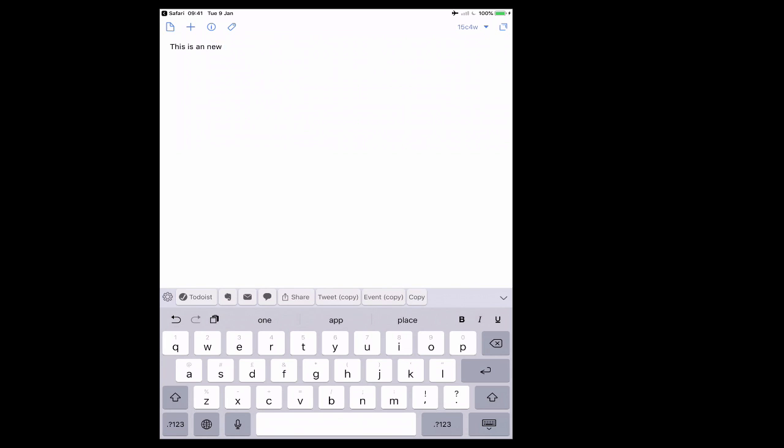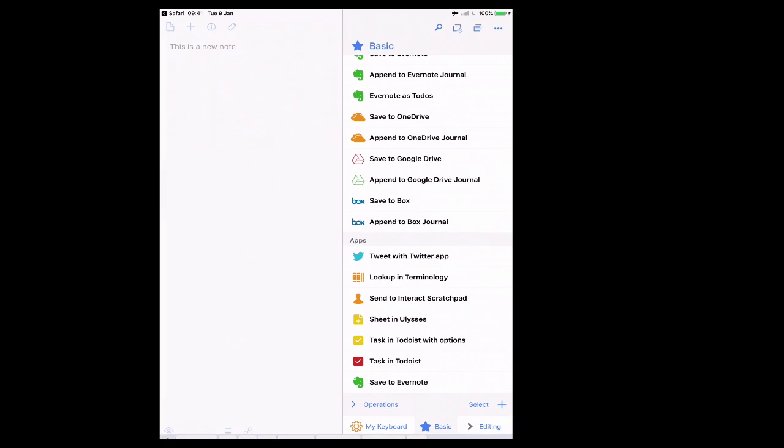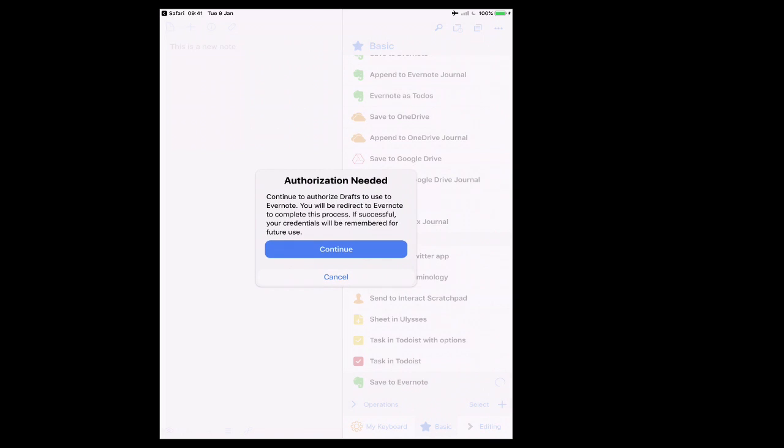This is new, and I'm an English teacher, oh dear, a new note. So there we go, this is a new note, and I'm going to hit that, and we're going to save that one to Evernote. Now the thing is, I haven't authorized my Evernote account, so I'm going to